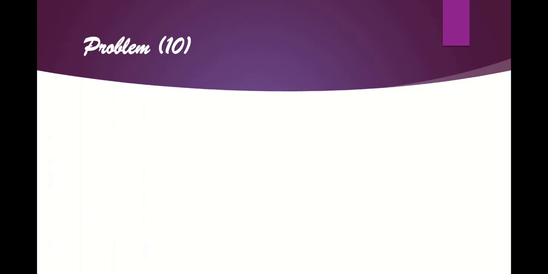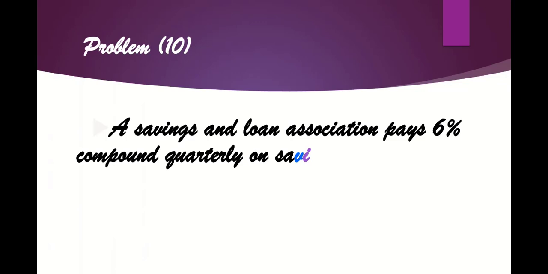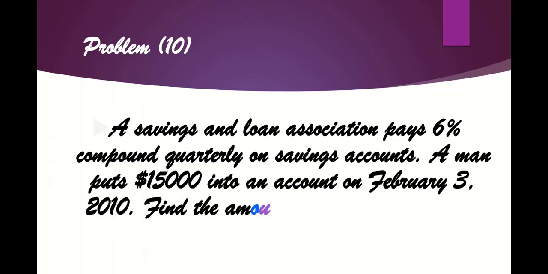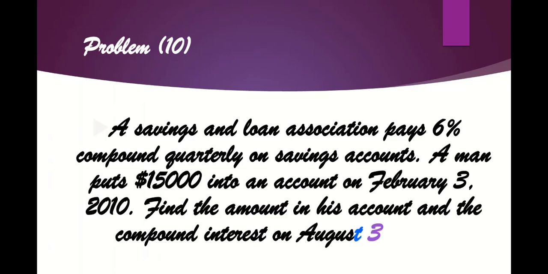Problem number 10. A savings and loan association pays 6% compounded quarterly on a savings account. A man puts $15,000 into an account on February 3, 2010. Find the amount in his account and the compound interest on August 3, 2013. In this example,